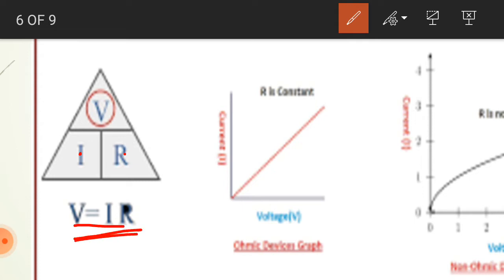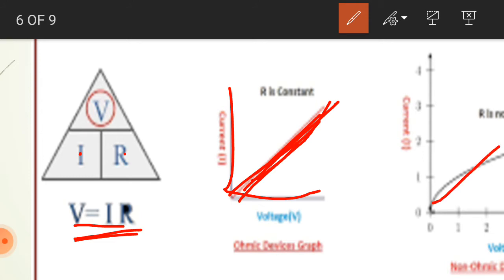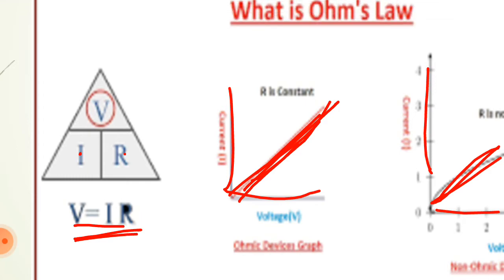So what we discussed applies to a pure resistive circuit or ohmic circuit. If a circuit obeys Ohm's law and the V versus I curve is a straight line, we call it ohmic. Most metals are ohmic resistors or conductors. But you see here it is not a straight line, it is a curved line. So if we get a V versus I curve like this, a curved line, we call it a non-ohmic circuit. Non-ohmic circuits like diode and triode.